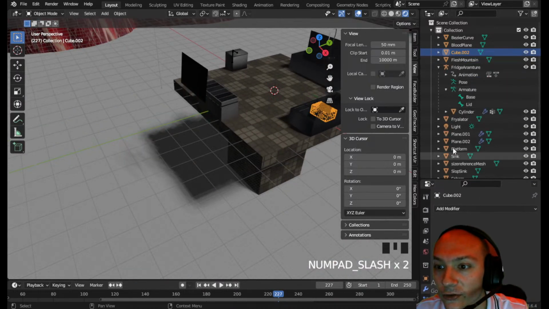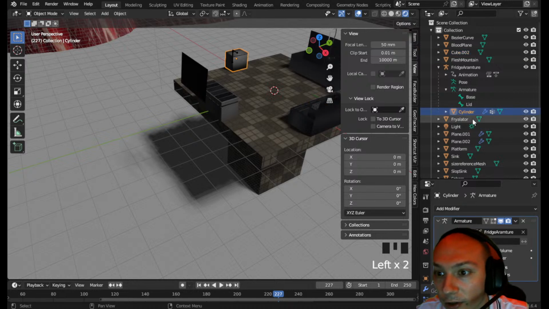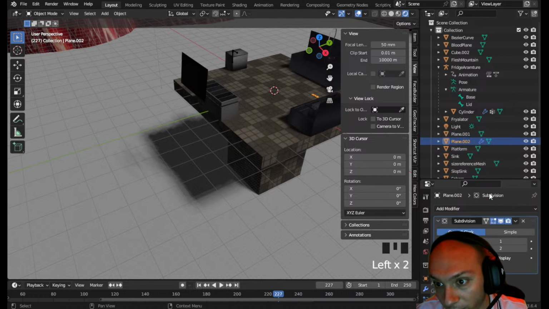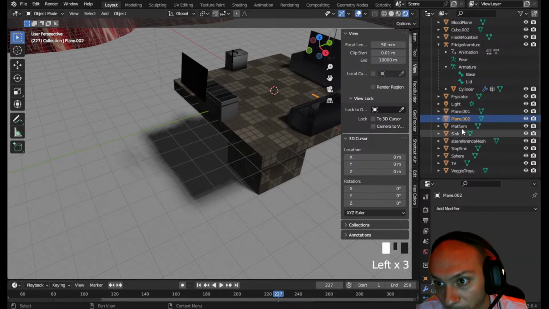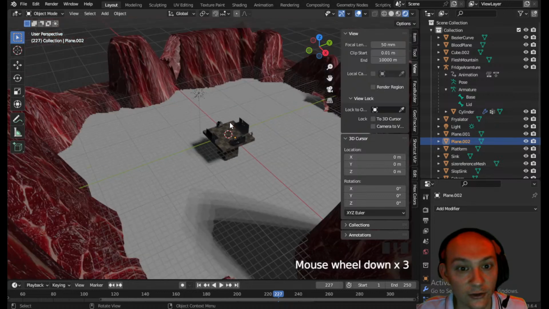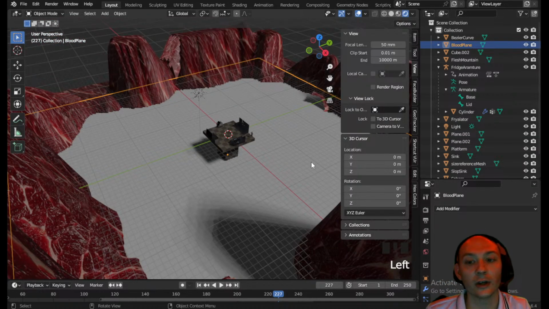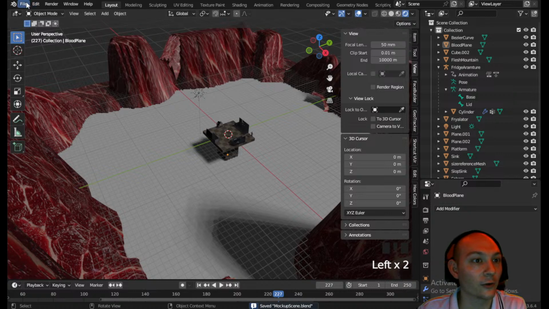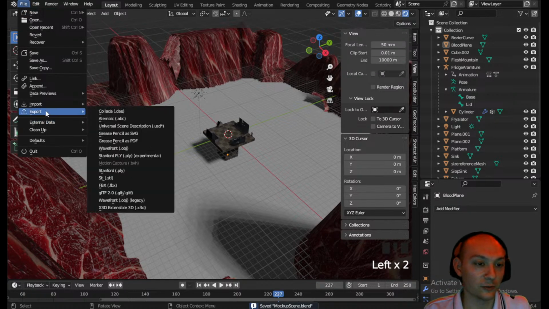Let's see what else. So this cylinder here has some type of armature modifier. This plane, we have to apply this plane. We're going to apply it. I think that's it. So let's take everything we got, control save, and I'm going to go file, export as